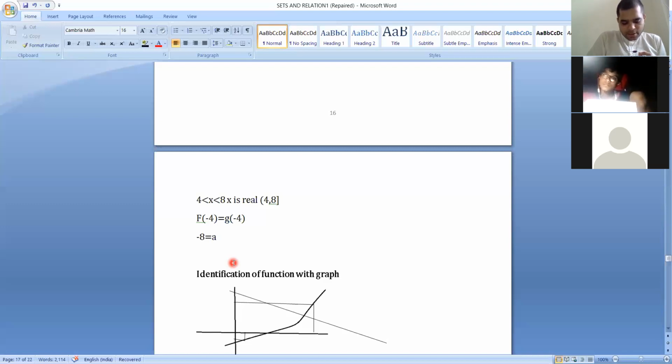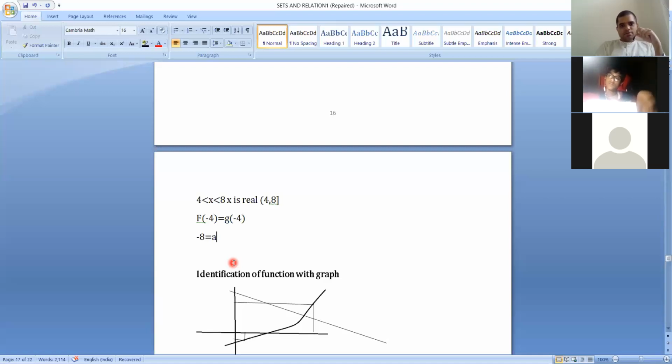It is valid for every x, but it is not valid for x equal to -4. The way it is written is that x is not equal to -4, so we will not take this expression there. Now see what is written for g(x) in the second part: g(x) equals lambda for x equal to -4. So g of -4 is defined as lambda.